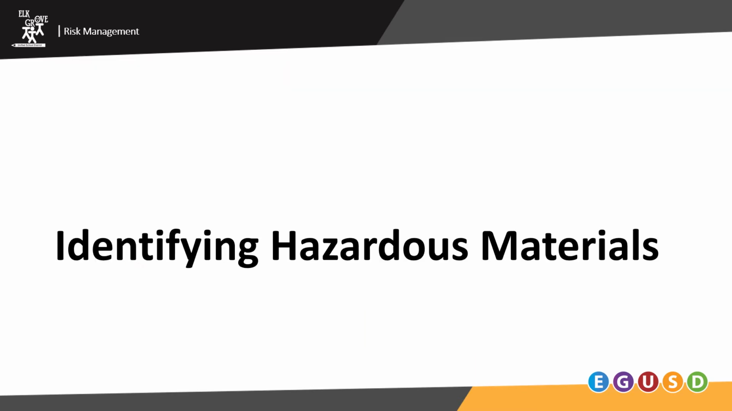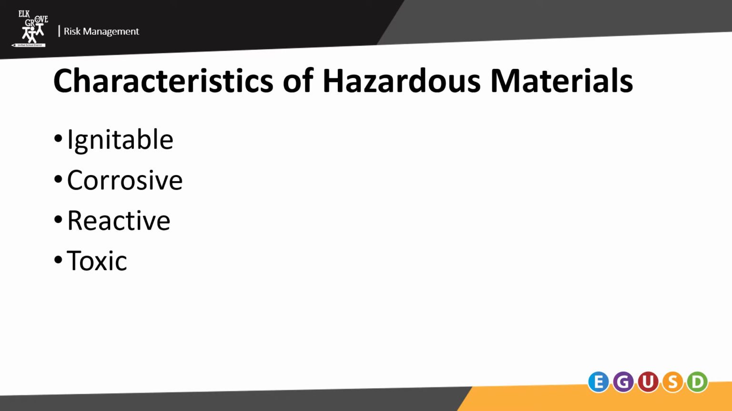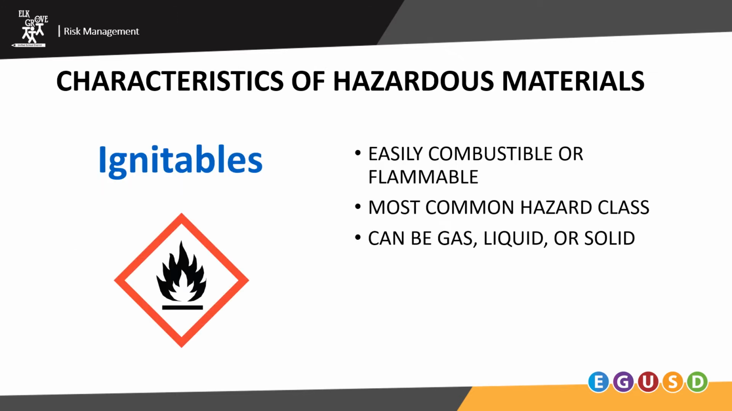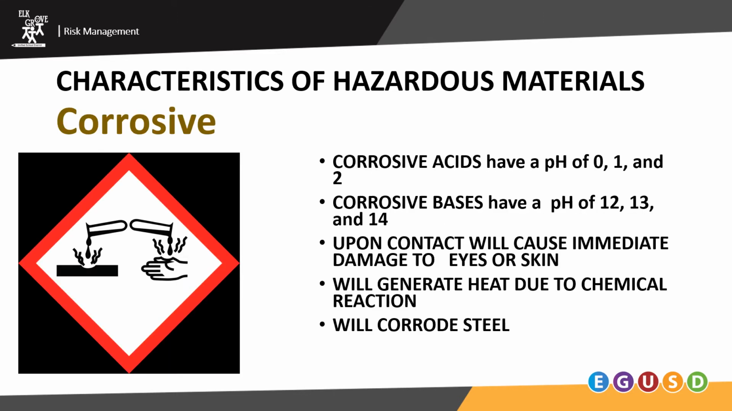Identifying hazardous materials. Characteristics of hazardous materials: ignitable, corrosive, reactive, toxic. Ignitables: easily combustible or flammable. Most common hazard class, can be gas, liquid, or solid. Corrosive: